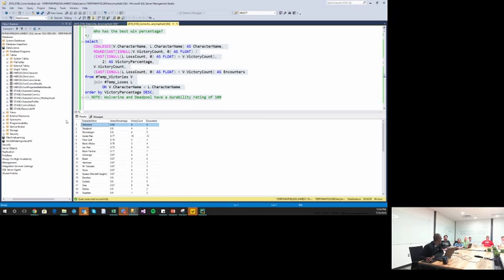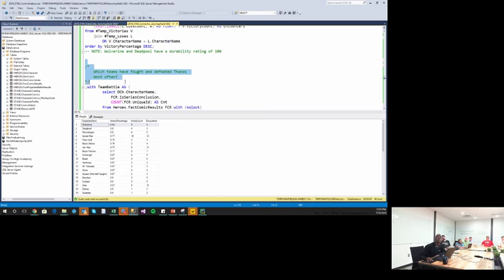Wolverine. Deadpool. That's interesting. And you know what's interesting about that? Three of the four people who are in the top five are... No spoiler here. Yeah. So Wolverine and Deadpool are two people who have durability ratings of 100. So we saw earlier that on average, durability was the most important category. The two people beating Thanos at the highest clip were the most durable characters.